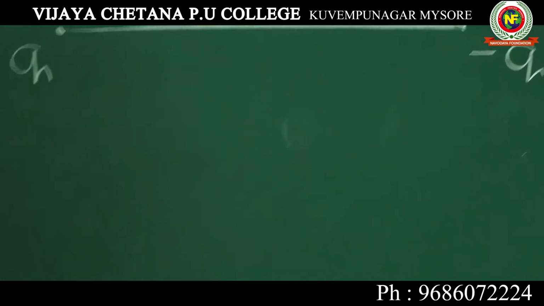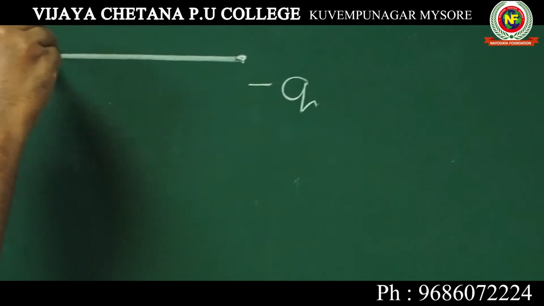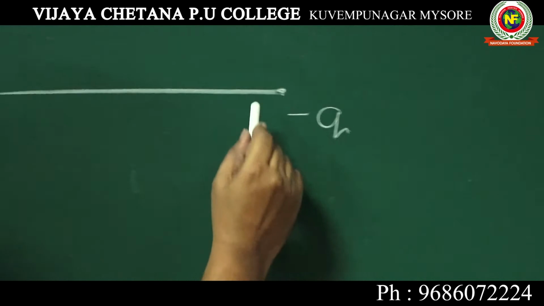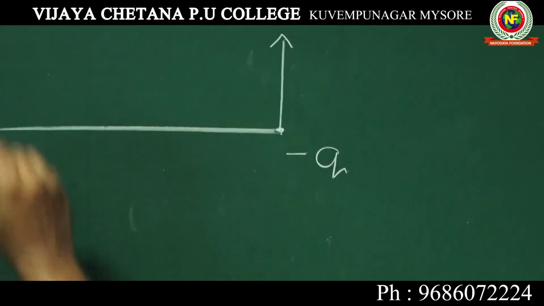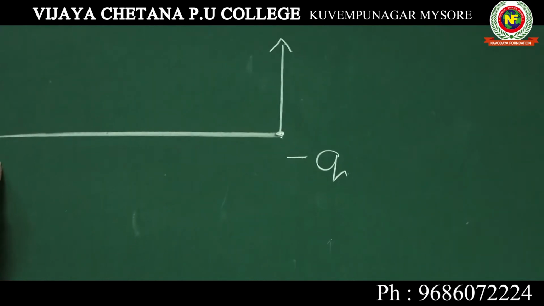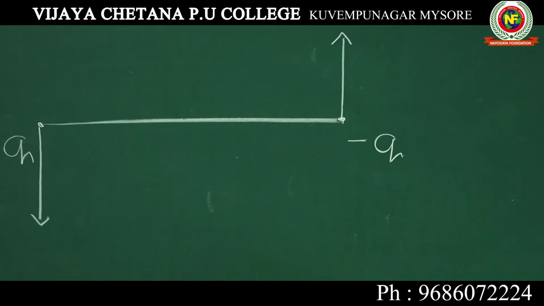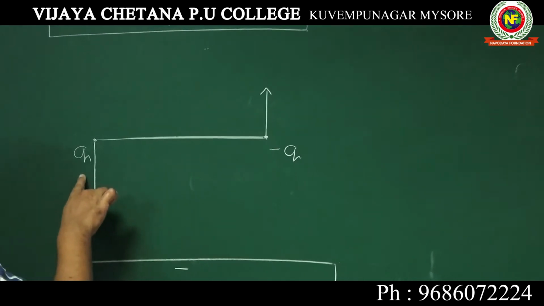Okay. So it can rotate, dipole can rotate now. It will not fall down because there is an agency which can hold it like this. Okay. Now, negative charge will repel the negative charge of the dipole. Positive charge will repel the positive charge of the dipole. Now observe carefully. These two charges are experiencing